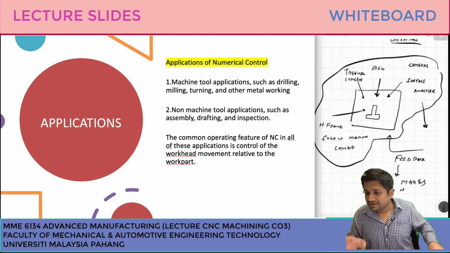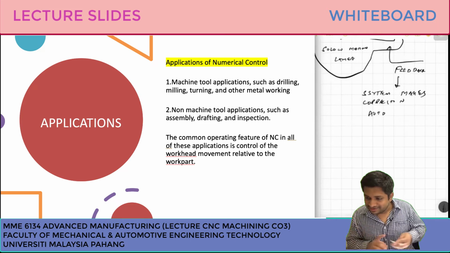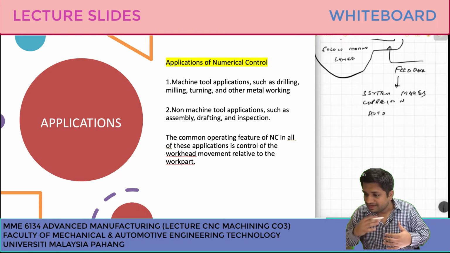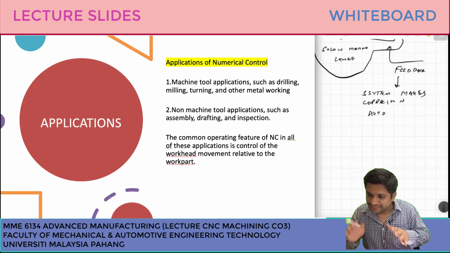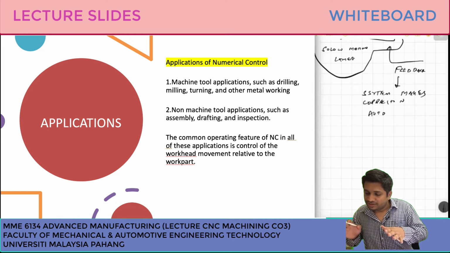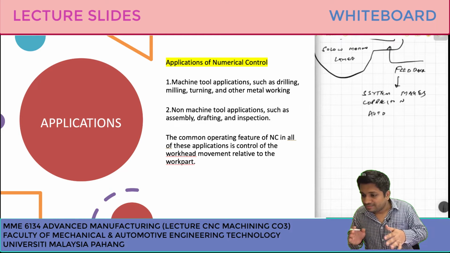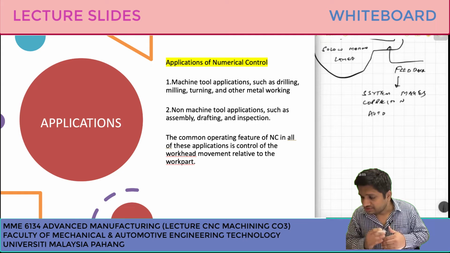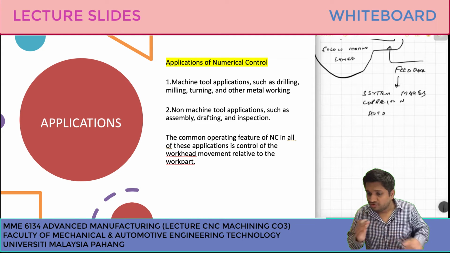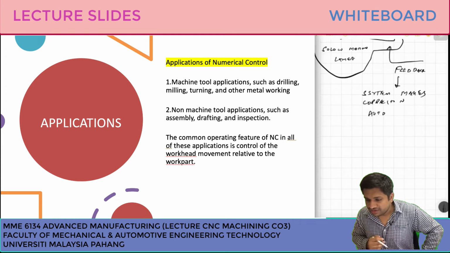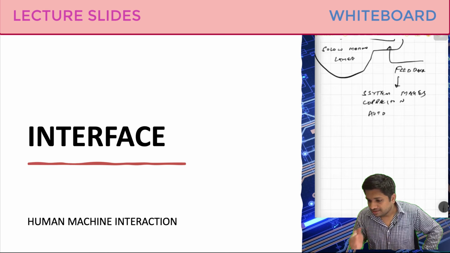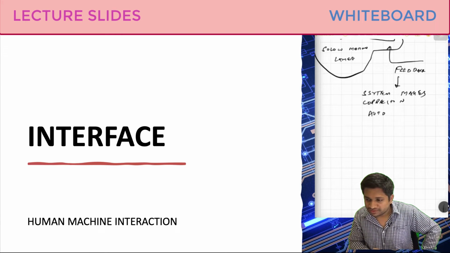CNC system has entered additive manufacturing. In additive manufacturing, as you guys know already, we create our part automatically by layer deposition. We 3D print parts. So those additive manufacturing technologies like 3D printing or laser sintering, okay, or direct laser sintering are basically based on NC or CNC system as well. So if you want to do 3D printing, sometimes you need to use G and M codes as well. So it depends. The applications of NC are numerous.